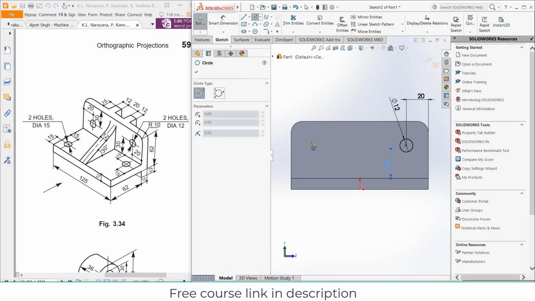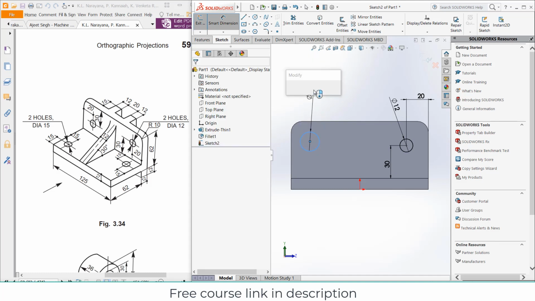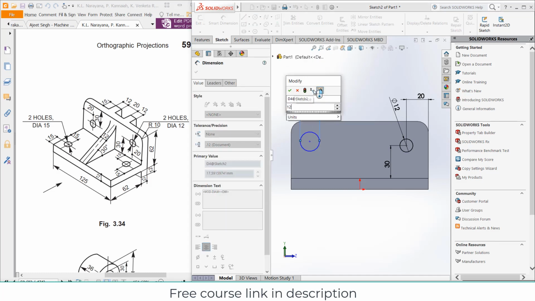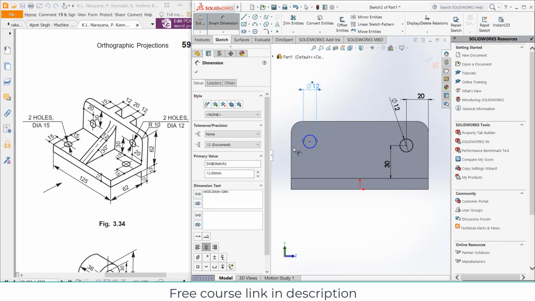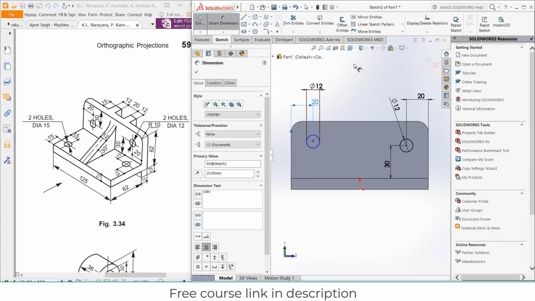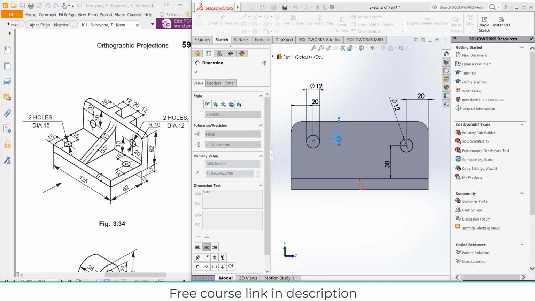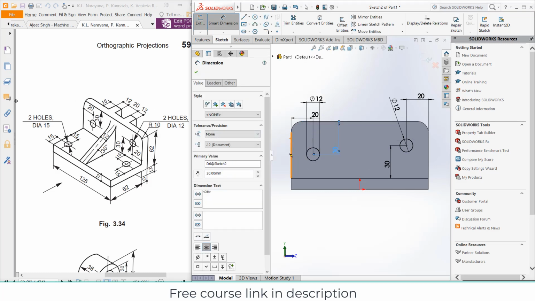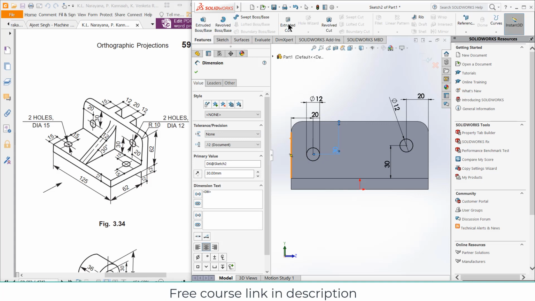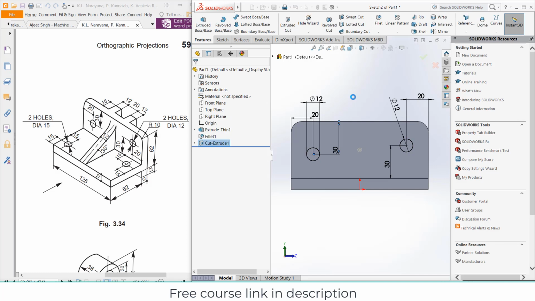Similarly, I have to create another circle, diameter 12 mm, 20, and this one is 30. And go to features, click on extrude cut, click on through all, click OK.